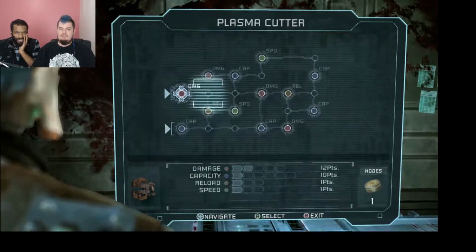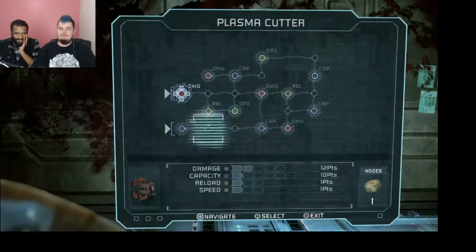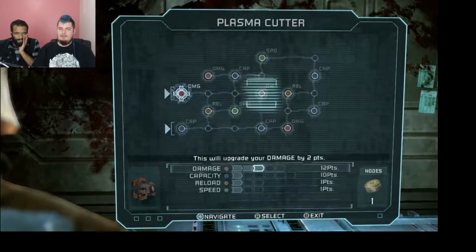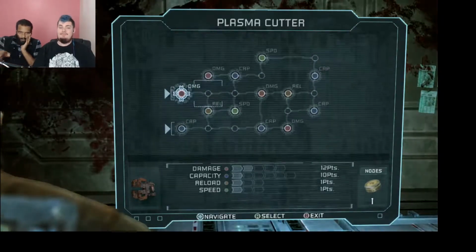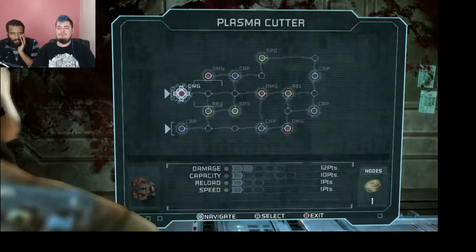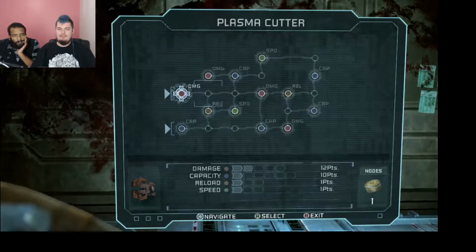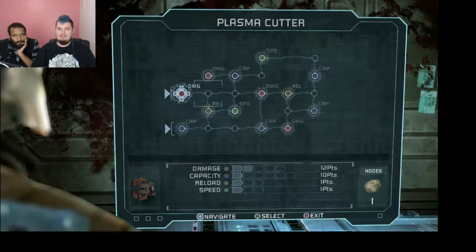I have to go like... I hear banging noises. Mm-hmm. I have to go like that, right? Yeah, you have to travel along whatever line it's connected to. Alright. So I want more damage and I want capacity, so...